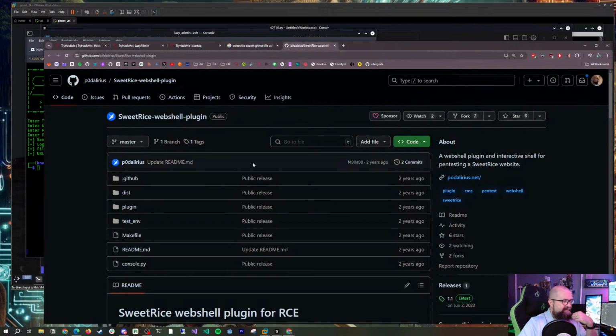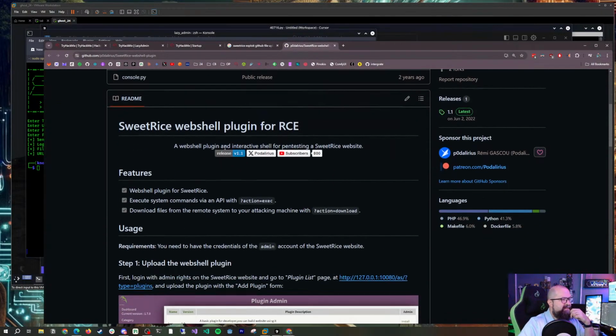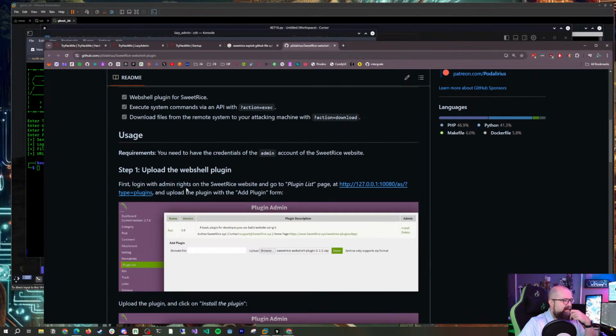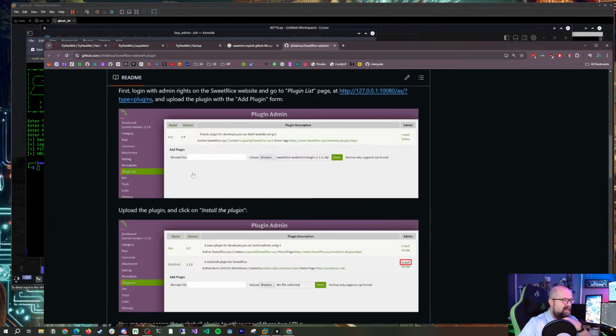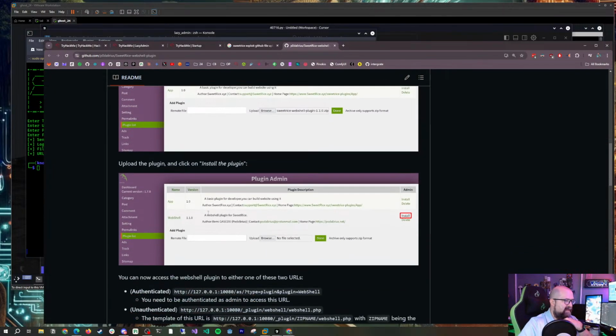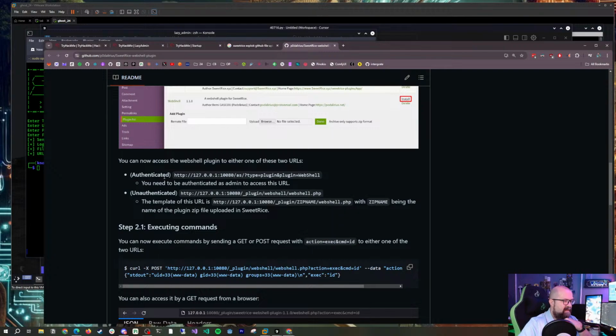Sometimes just looking for SweetRice web shell plugin. Oh, look. Plugin.txt. Interesting. Upload a web shell plugin. First log into the admin, plugin list, plugins, upload a plugin, upload the plugin, click install plugin. If you're authenticated,